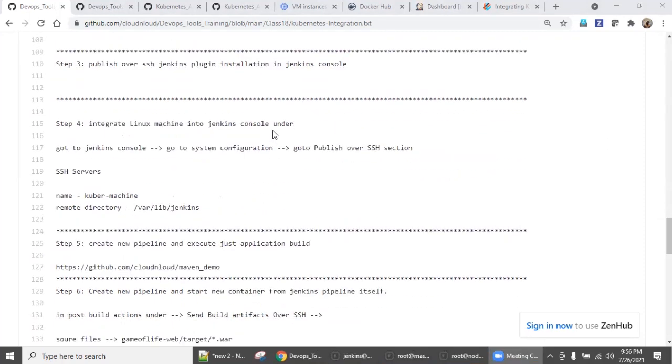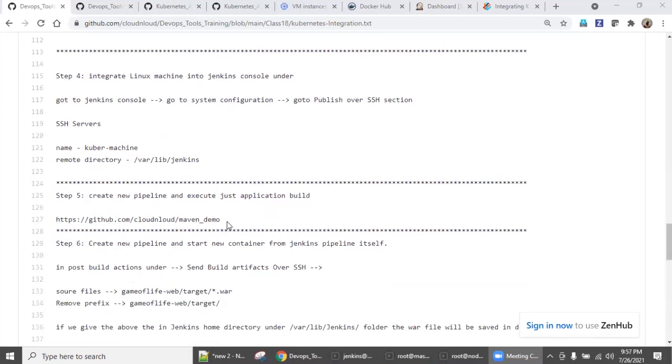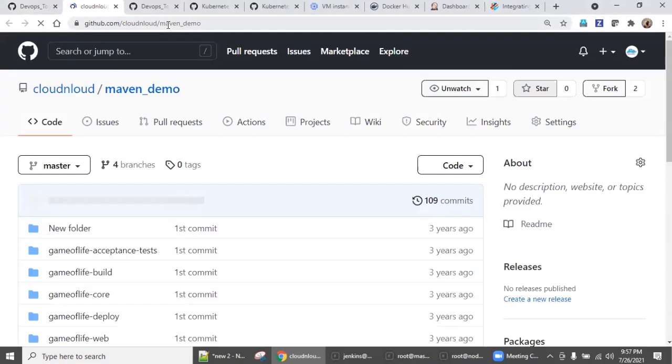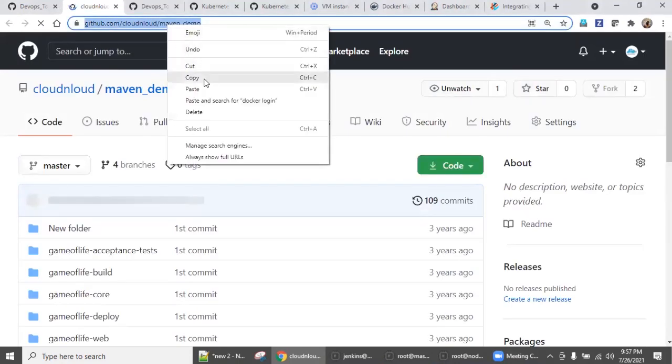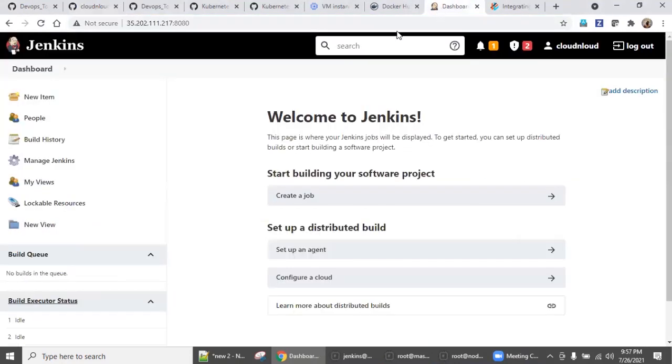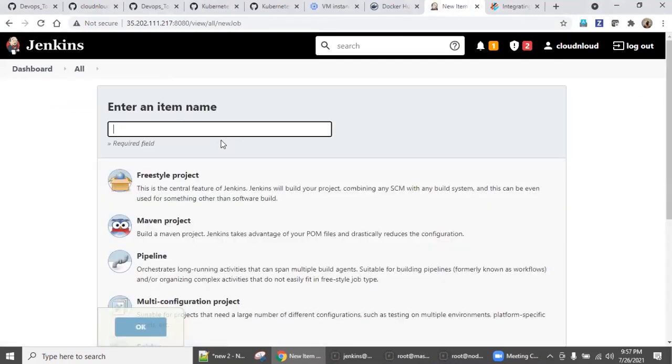So now what we need is one sample application. We have one simple Java application. Go to this application repository, maven_demo, copy this. Go back to your Jenkins, go back to your pipeline, new pipeline, say for example, just app build.